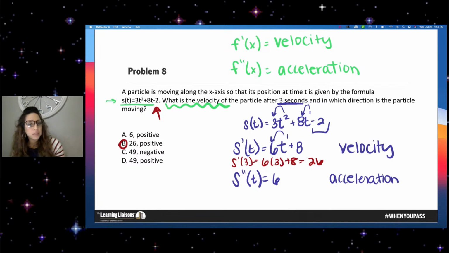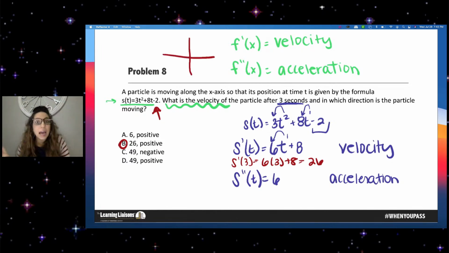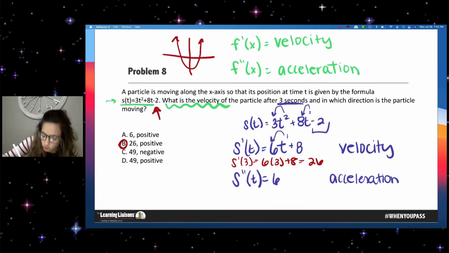Now, for all of my middle school and high school people, let's talk about what shape that is. That is a parabola because it's squared. We know this is a quadratic function, which means it has 2 x-intercepts. So it's going to look something like this somewhere on that graph. It's important that you understand that shape, and that as soon as you see something to the second power as your biggest power, that is going to be a quadratic function or a parabola. So, does that make sense, my high school people, how to find velocity and acceleration?